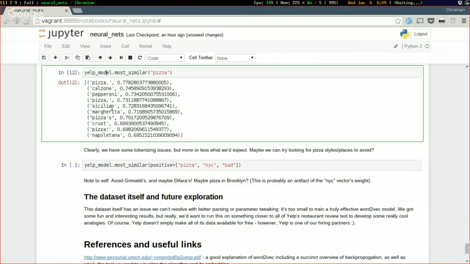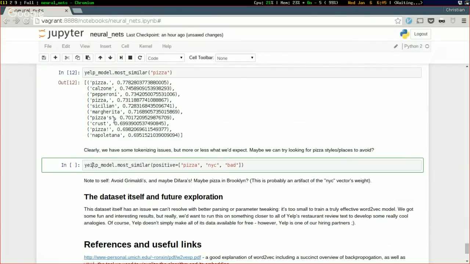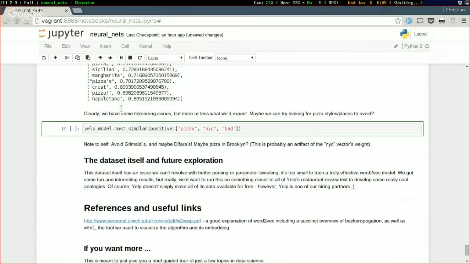But we do see still some interesting clustering going on. Sicilian, Margarita, Neapolitan, those are all pizza styles for sure. Pepperoni is apparently always used in the context of pizza, or very frequently at least, because it's very similar to pizza. But I think one last fun thing that we wanted to show off here was that if you actually look in the Yelp data set,